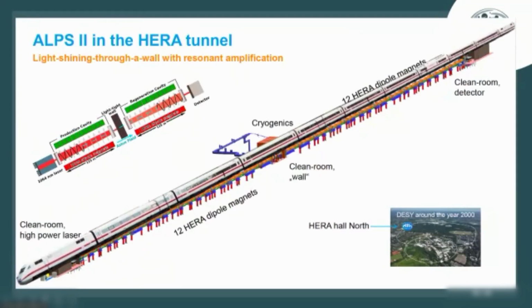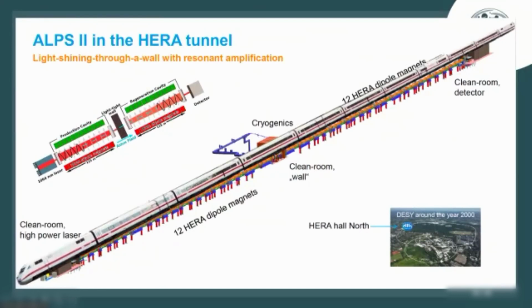So for instance, in the HERA tunnel, the former HERA tunnel, we had an accelerator. We still have an accelerator, not functional, under the Volkspark in Hamburg. We turned a section of that into a straight section. We have straightened 12 and 12 dipole HERA magnets. We made them straight because we have to shoot with a laser at least into the first 12. This is our production cavity. The laser goes back and forth, and then it finds a wall somewhere here.